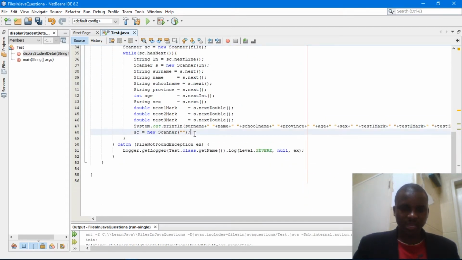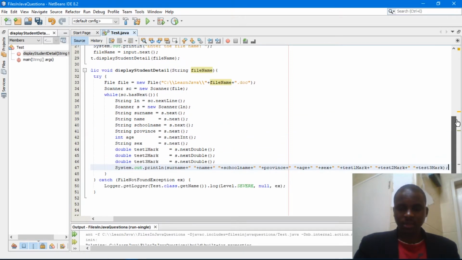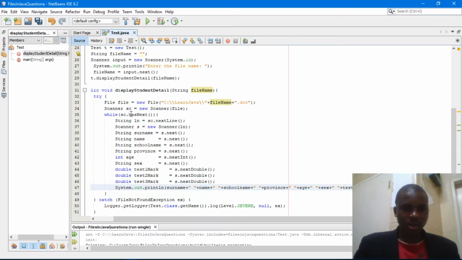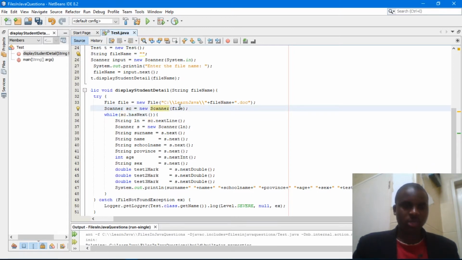Because here I will be reading the file using the scanner object into this sc, the scanner object, and then after that I'm going to use hasNext to loop inside the file. It's like I'll be looping the file as long as there is a non-white space in the file, which means there will be something in the file.